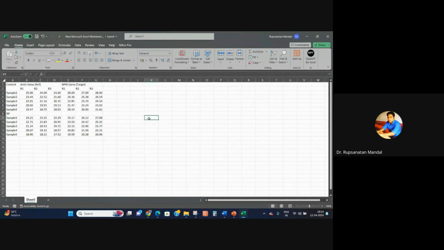So you can find this type of CT value in your experiment. Okay. So you want to analyze whether the MYB gene is highly expressed compared to control or not. Okay. So let's do